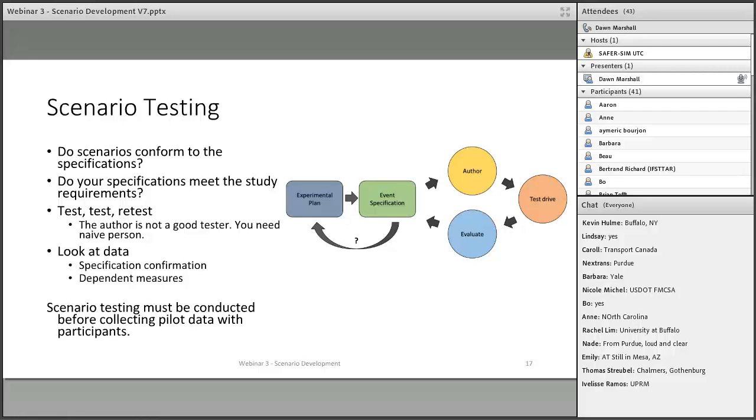And so it can really save you a lot of resources and time if you iteratively test during your scenario developing. Even though it's one of those processes that seems like it takes a long time and a lot of resources to get done, it has been my experience that it actually saves you time and effort in the long run. To get to a pilot data collection where you think you're absolutely ready for your main data collection,